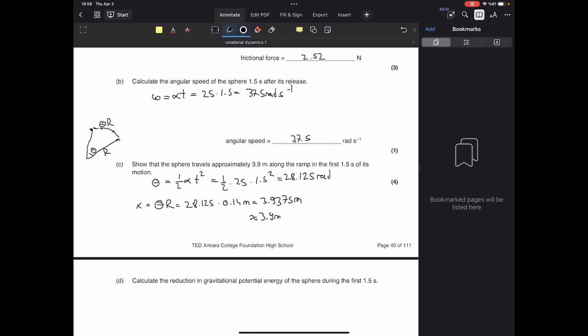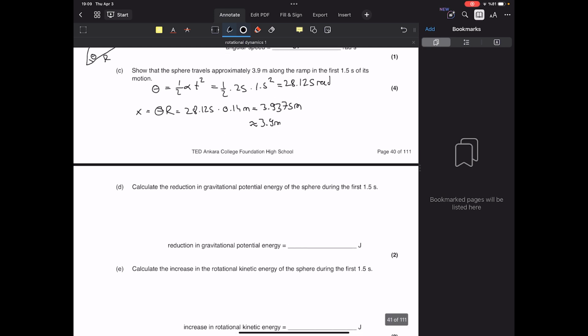You could also do this by dividing this value by 2 pi, which will give you the number of revolutions the sphere has done, and then multiplying that by 2 pi r to find the distance it has covered. Of course, it's going to be the exact same thing, but yeah. Okay, so